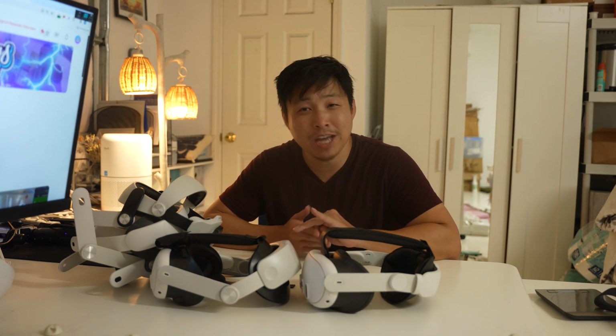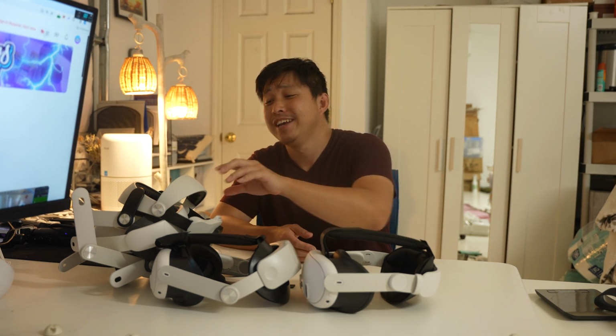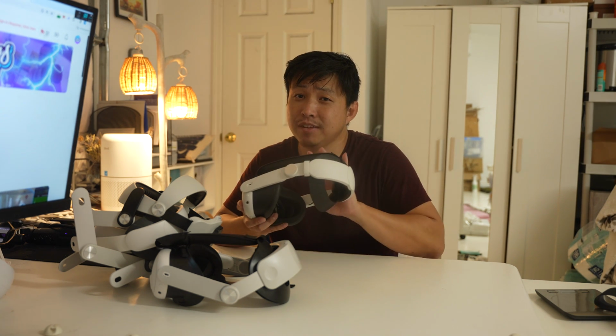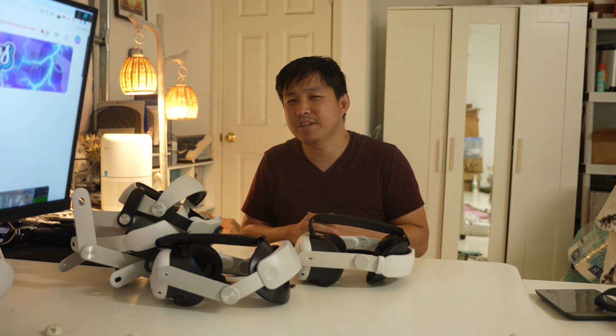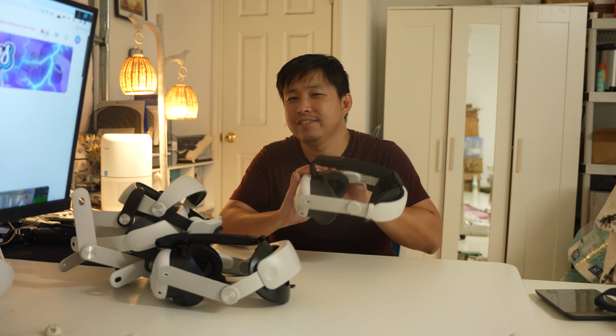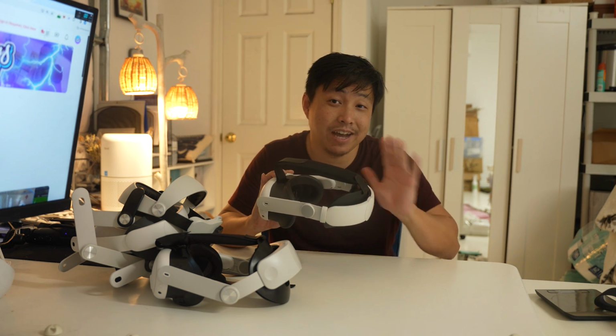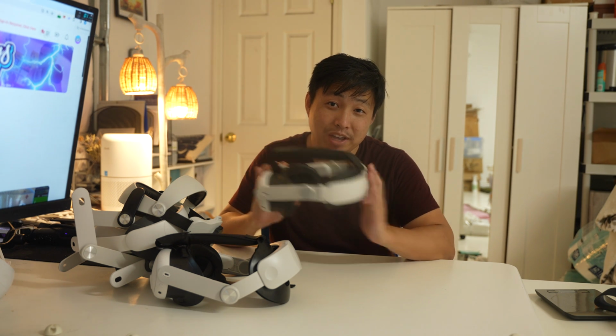I bought not one, not two, not three, not four, not five, but six different Oculus Quest 3 head straps to test out which one is the best one. To sum it up, I found all the different variants of the Quest 3 head straps on Amazon, all the variants that I could find, and tested them to see which one is the